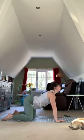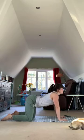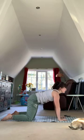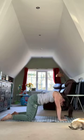And then we're going to go arch. Oh, my tummy is tight. So you're thinking pelvis tilted, bum stuck up, chin lifted, shoulders back and down, neck nice and long. And then you're going to round, squeeze your bum, push your hands into the floor, round that upper back, chin to chest. Arch,